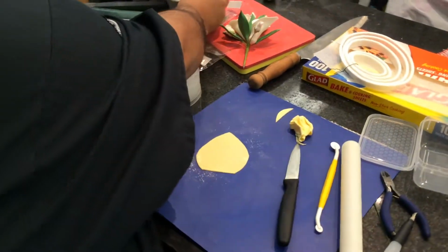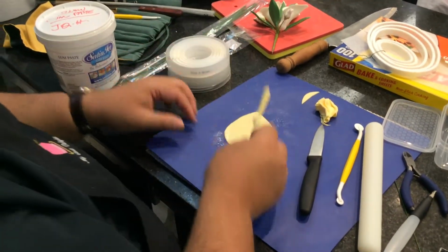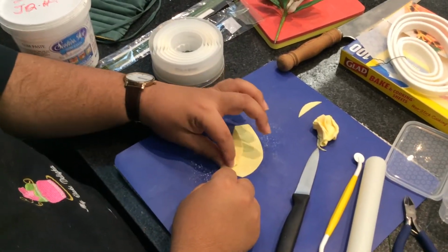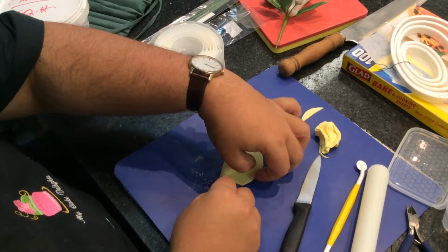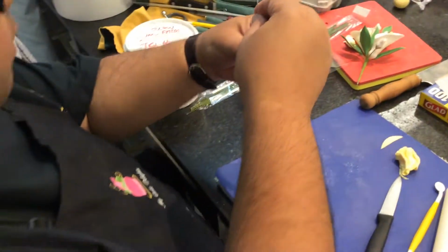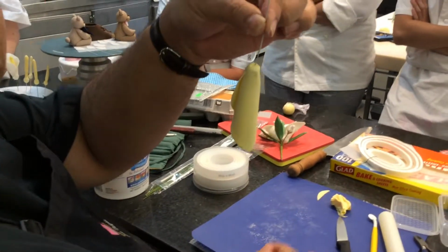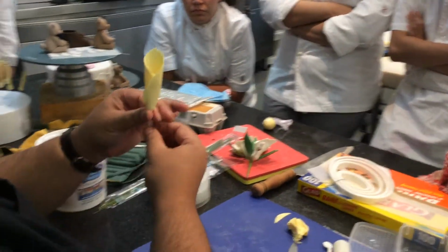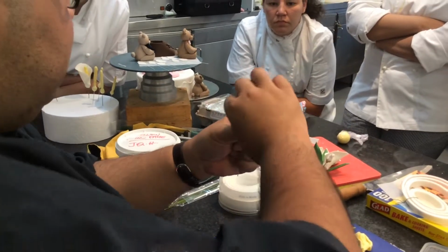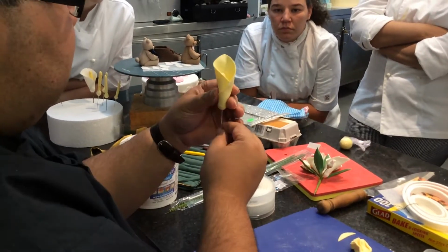Take your center, and it's going to only be attached here. You don't attach it to the pollen, all right? Place it there. Fold the left side over like this, and bring the right side over like that. Can you see? Lift it up, pinch it down so it adheres to the base and the base neatens. Can you see? Yes. Lift it up now, carefully, so you're holding your hand like this, forming it, and it opens out like that. Pinch that,